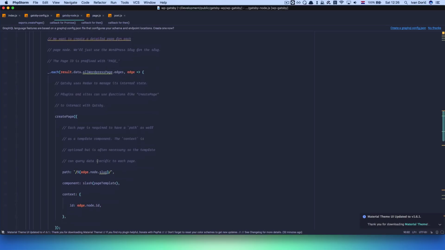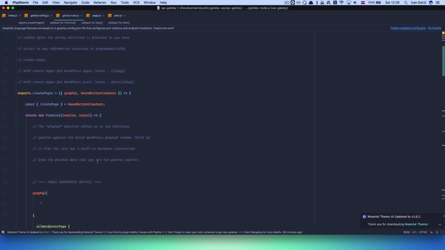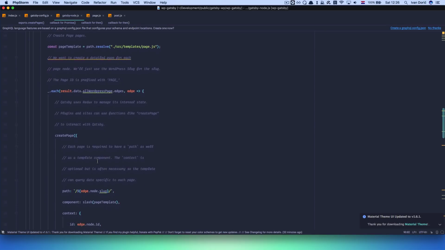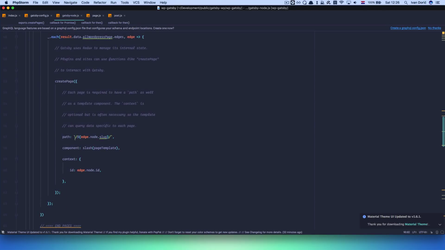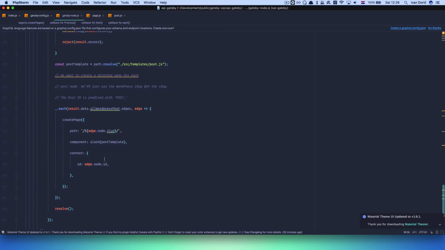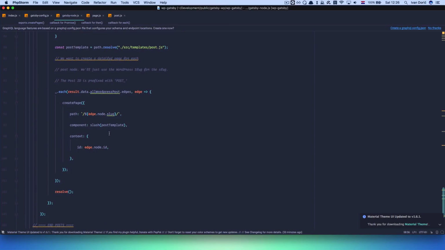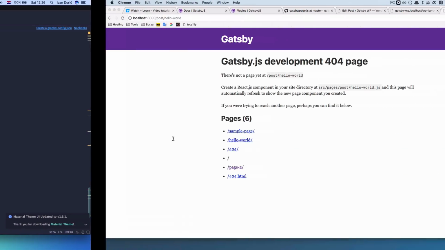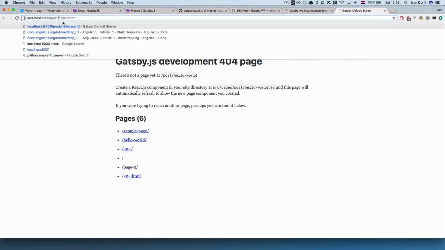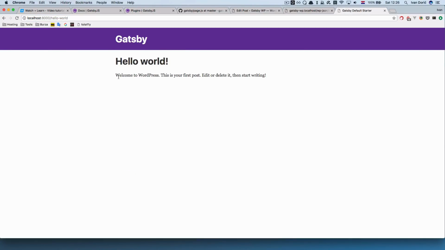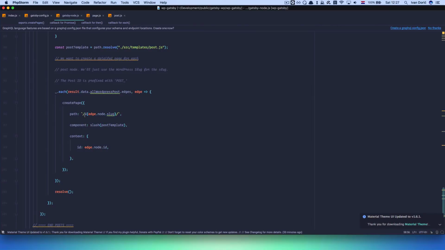So as you can see, when we are creating in this Gatsby-node.js, when we are creating something, we need to define a route. So the route for the pages is just going to be this. So just slash and the slug of the page. But for posts, it should be also the same thing. Okay, so if I just do hello world, now, yeah, this works. I don't want it to be like this, so I want it to be posts node slug. So we are doing that in